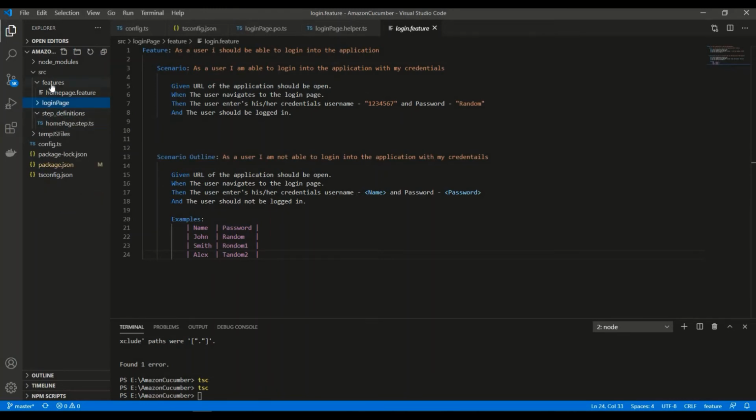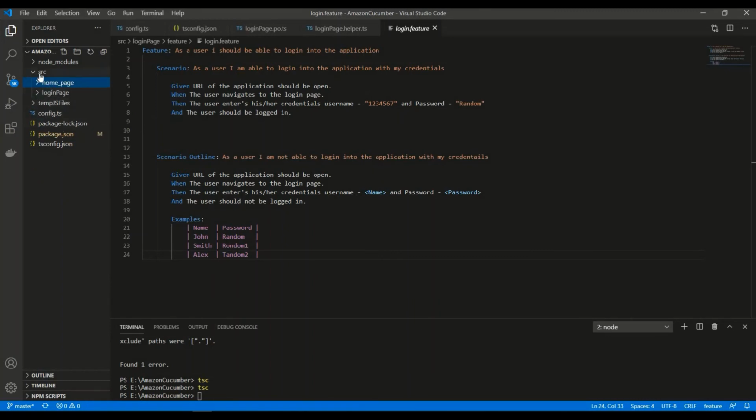And I'll minimize this, and I'll create one more folder, not inside login but inside source. So I'll click on source, I'll do this, and I'll say home page. So guys, we used camel casing, but then it is preferred to use underscore. And I'll move this feature folder here so that I have this, and I'll also move step folder here.